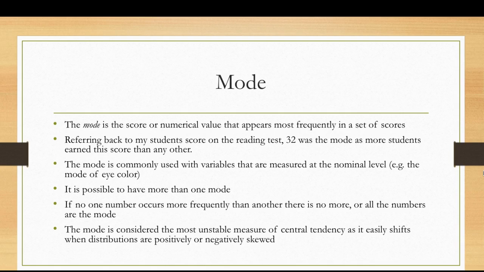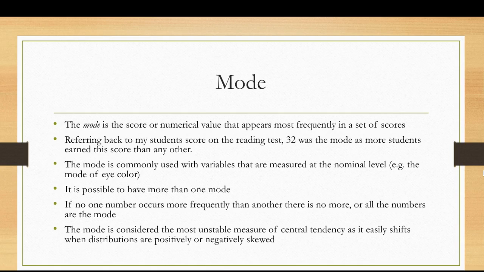The mode is commonly used with variables that are measured at the nominal level, but it can also provide a quick and easy measure for ordinal, interval, and ratio data. The mode is considered the most unstable measure of central tendency, however, as it easily shifts when distributions are positively or negatively skewed. Returning to our Austin example, there may be an equal number of millionaires as there are people in the very low income range, so the mode may appear artificially high or artificially low, or it may be